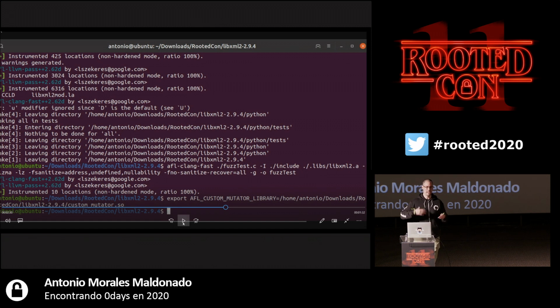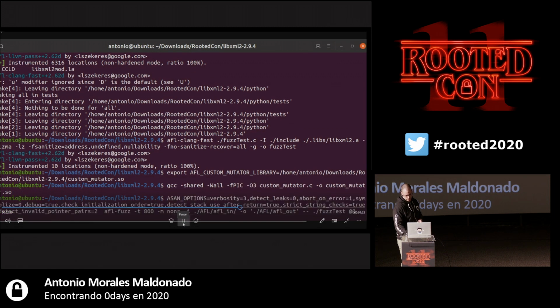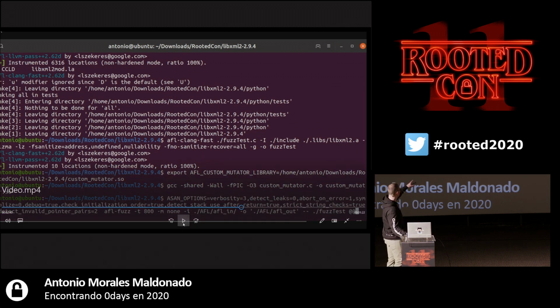So grammar, mutations. You can use databases to analyze code, etc. You can include deep learning or whatever you want because the sky is the limit for this. So we export this, and what we do is compile the custom mutator in a dynamic library, and then we